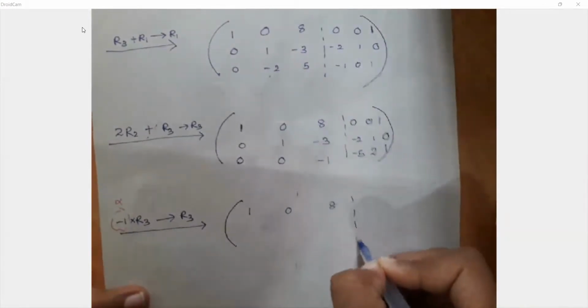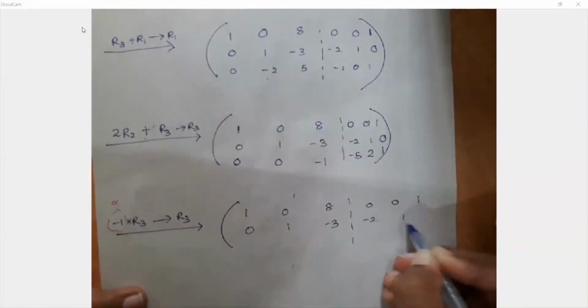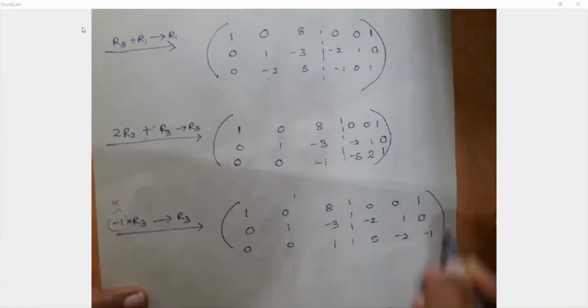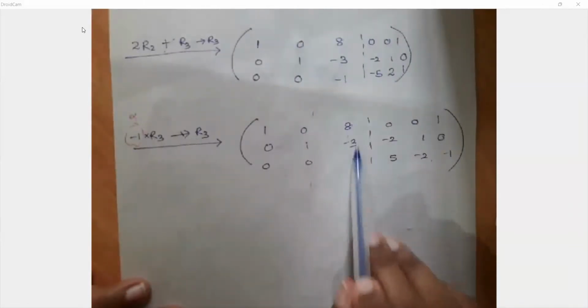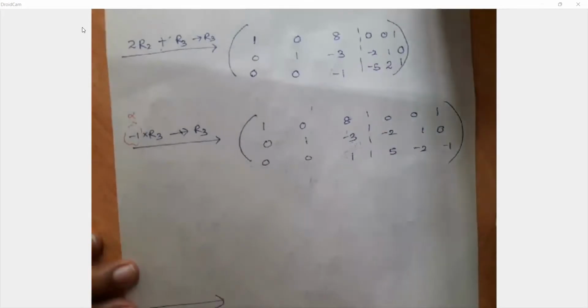0, 8, 0, 0, 1. Only the third row is changing. 0, 0, 0, 1, 5, minus 2, minus 1. Only the third row is changing its sign. Now this is the leading one. I will make this into 0. So at the end you will get,